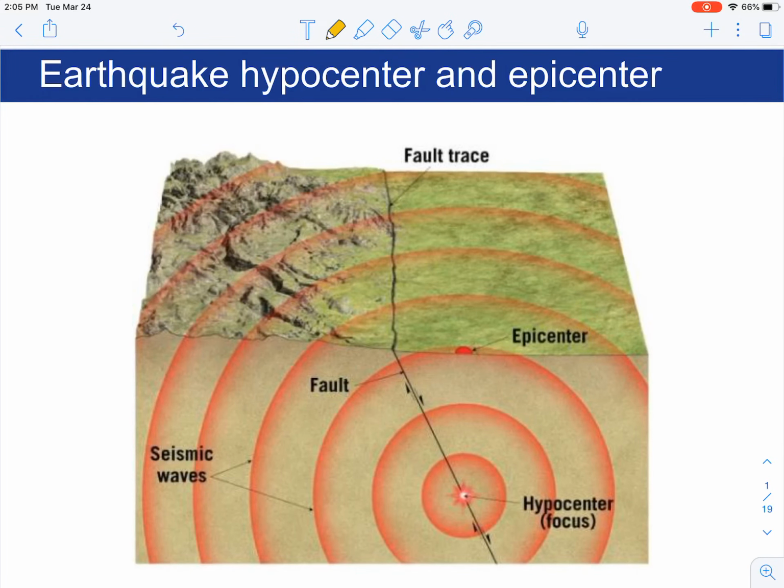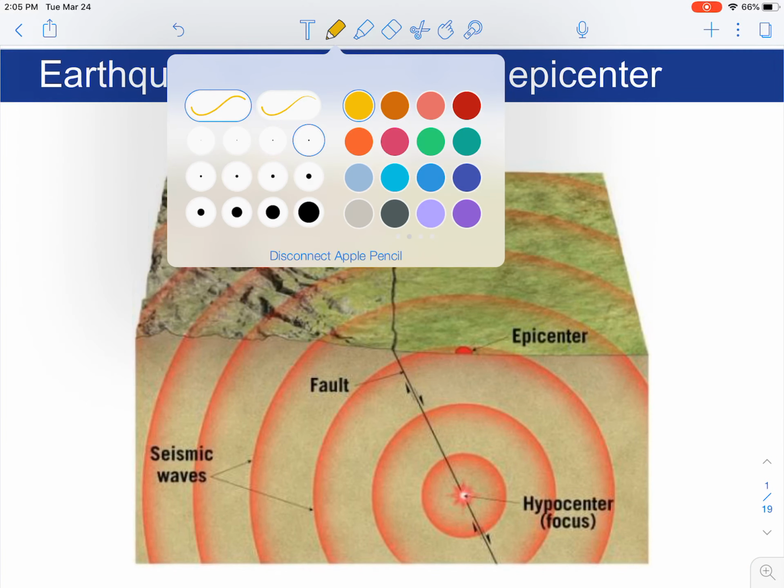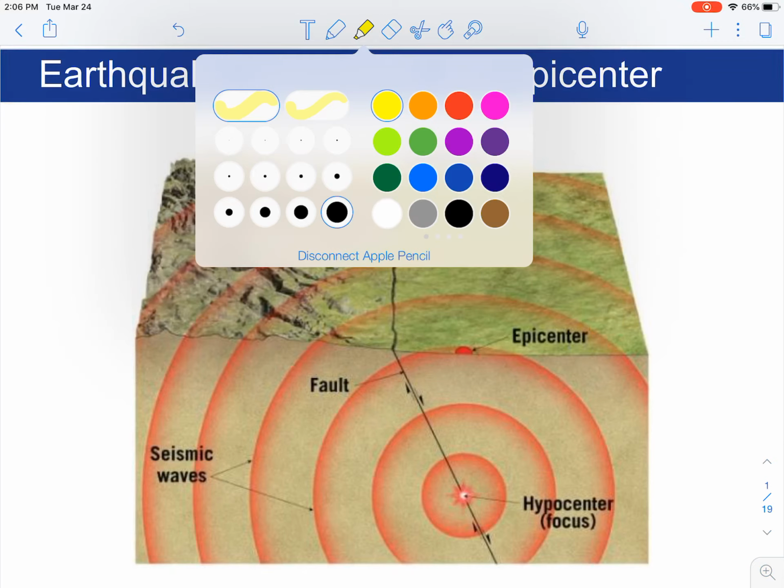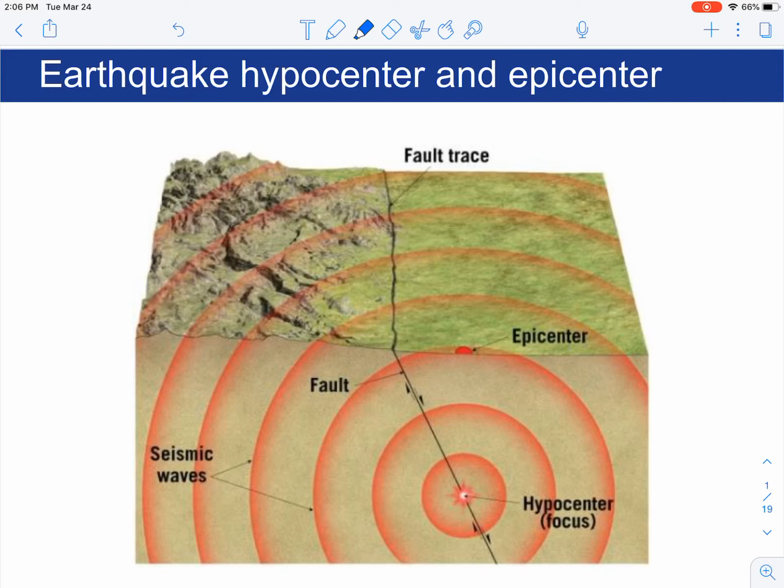Hi guys, gonna do a little interactive lesson and talk a little bit about earthquakes and how to locate an earthquake epicenter. So before we do that, I'm gonna go ahead and introduce a few terms that are new. You guys are familiar with the word fault, I hope. And you should know that a fault is an area of weakness